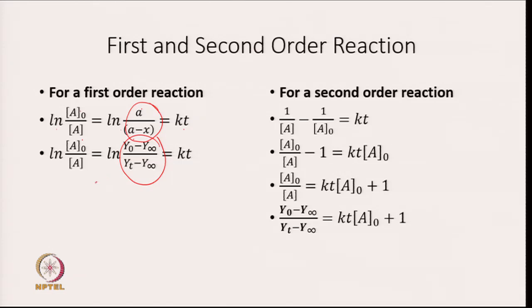And so, now you see I do not need this, just by having your spectroscopic signal, in this case fluorescence at different times, I can know this ratio, and now I can simply plot log (Yt minus Y infinity) versus t to get the value of k,